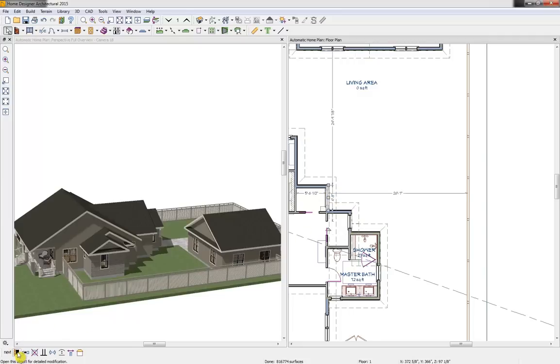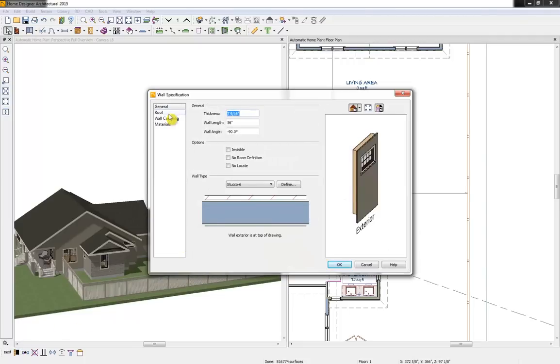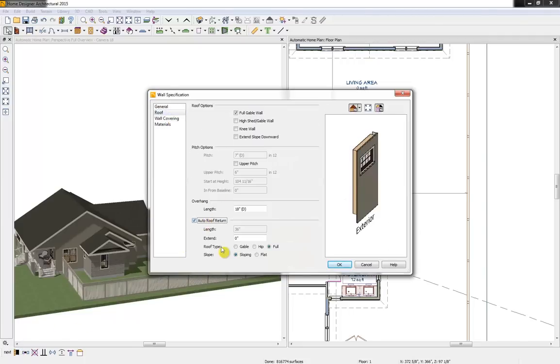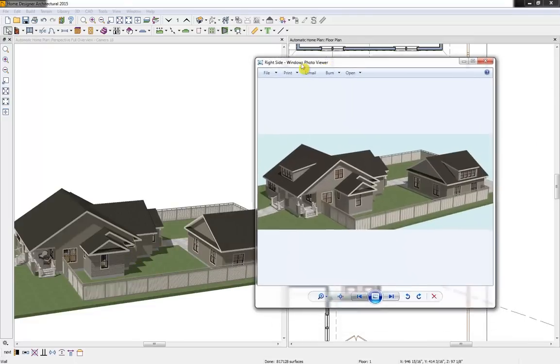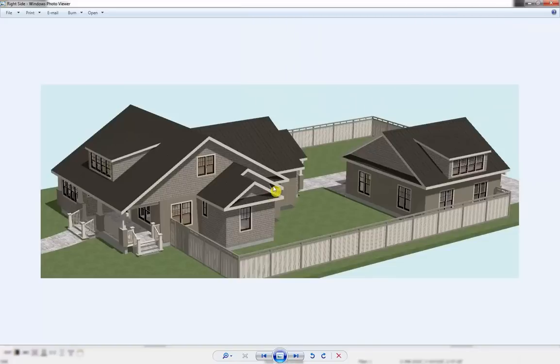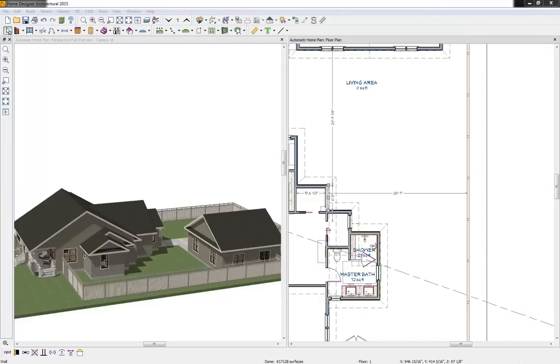We'll do the same thing for this wall. Open it up, get down to our roof panel, and select gable roof type. This time we want a smaller length of 36 inches. And you can see, we'll maximize this, we have those two roof returns, and that's what we have going on here as well. So the final piece to the puzzle are our